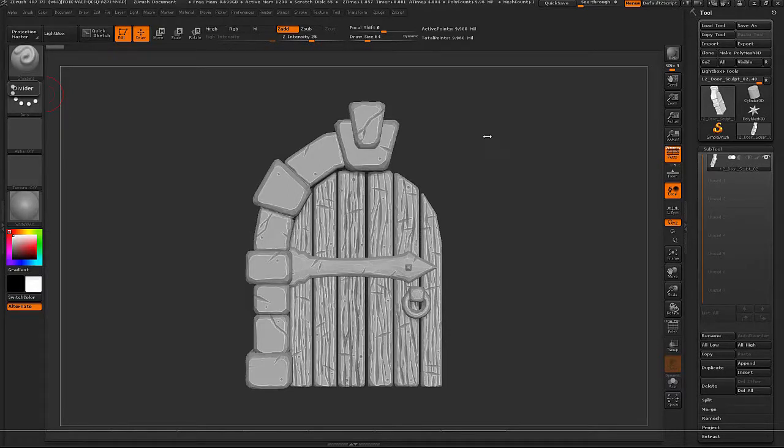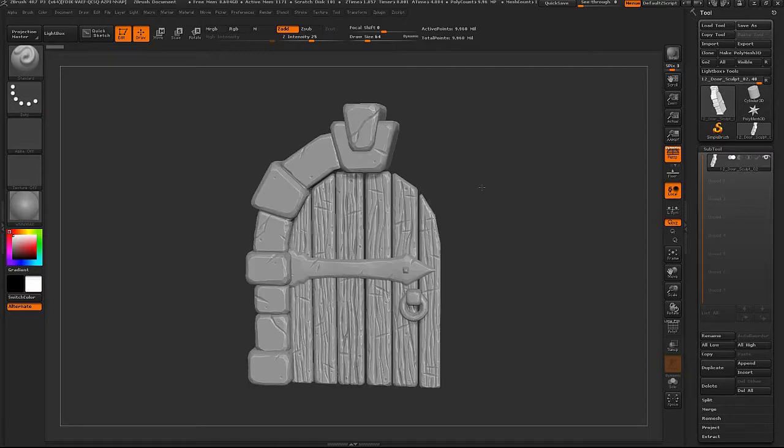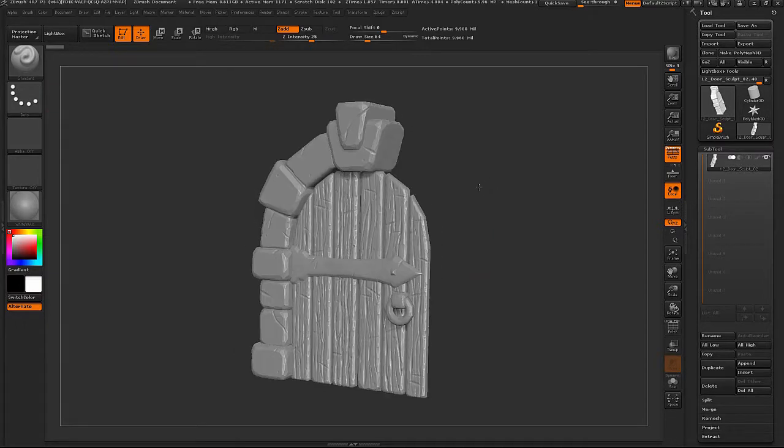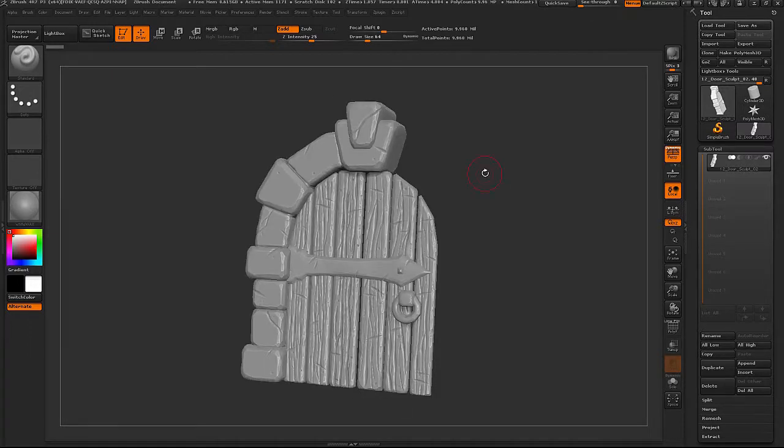In this tutorial, we are going to do the normal and ambient occlusion baking for the door. I'm going to use the same workflow and let you work along. For the models after this, you are expected to do the same with all the other props and models that we're having. So again, I start by splitting up the model,